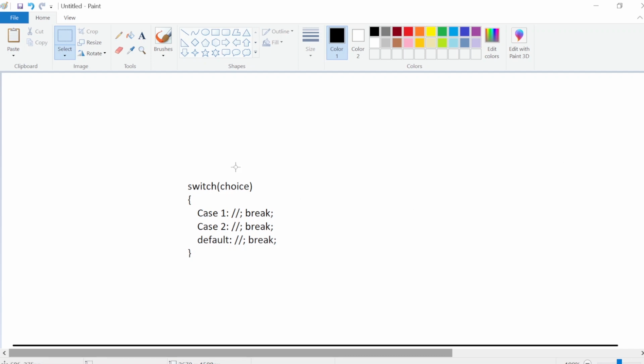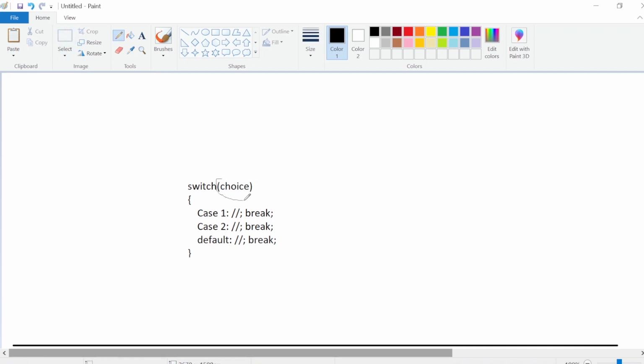So first let's see its structure. First you write switch, and in the parentheses you write the condition that you want to compare.